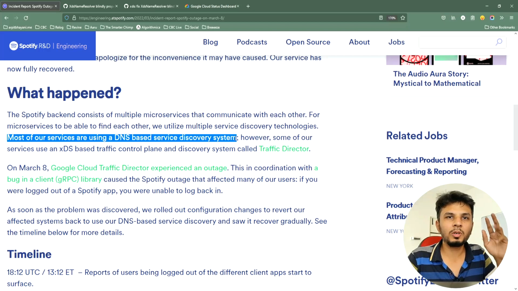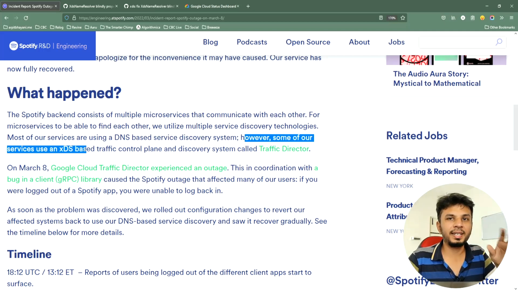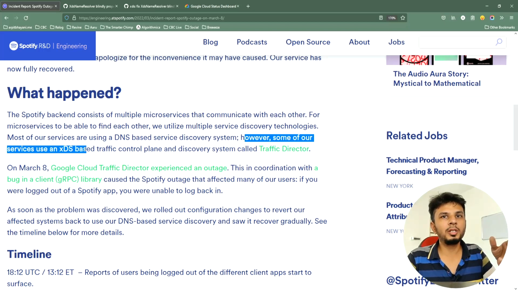We will be talking about what a DNS based service discovery system is in some time. Most of their services use a DNS based service discovery system. However, some of our services use xDS. So xDS is an open protocol on how service discovery needs to happen. All popular service discovery solutions out there adhere to this particular set of specifications, which makes them agnostic.